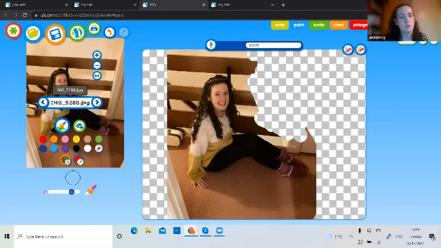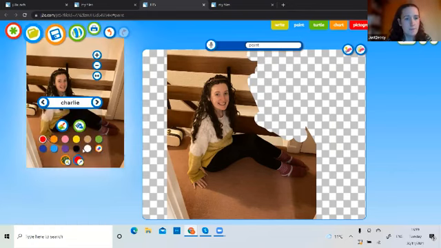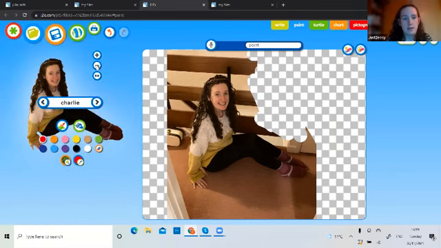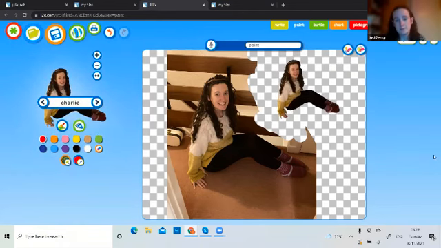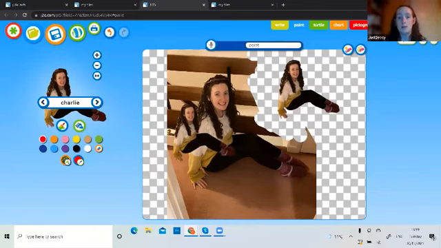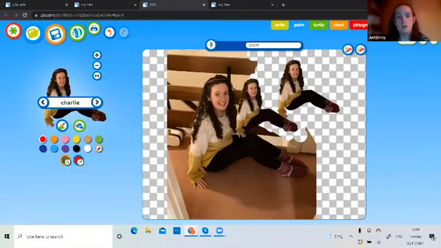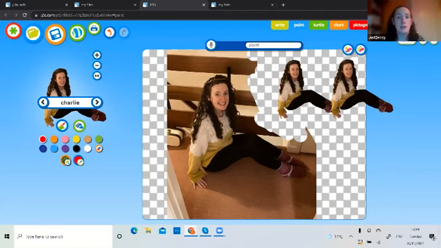I will do a here's one I made earlier to show you what that looks like when we've finished. And it would look like this. So we can completely get rid of all of that background so that we're left with just the bit that we want. And we can now use that. As I said, you could use it in a picture like we've just created. What we're going to do is move into a different tool within Jit, and I'm going to use this stamp that I've created and saved up here. We're going to use it in an animation.